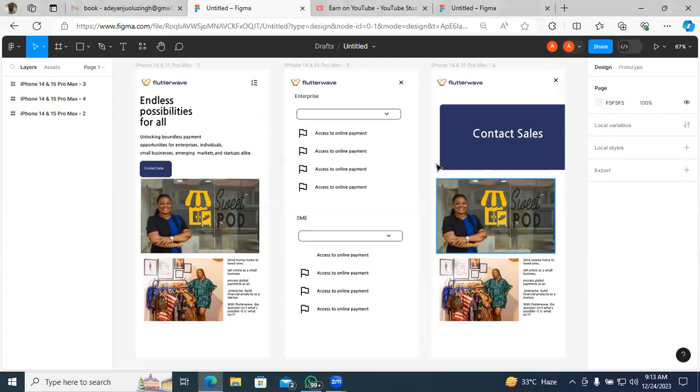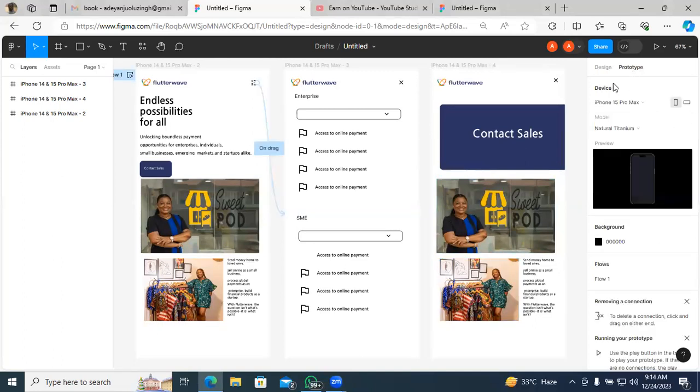So the first person was saying something. Yeah, when you go, after designing, when you go to prototype, the arrows that link the different designs don't appear. No matter how we try linking it, the arrow doesn't appear. I don't know why. So how many designs do you have? Do you have just one design or two designs? I have like 13 designs.